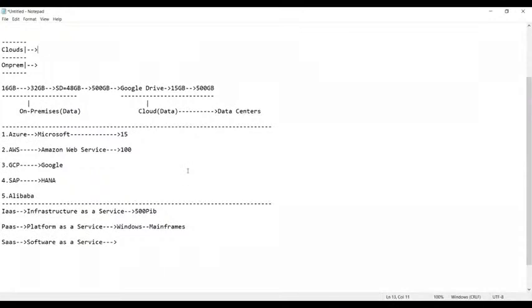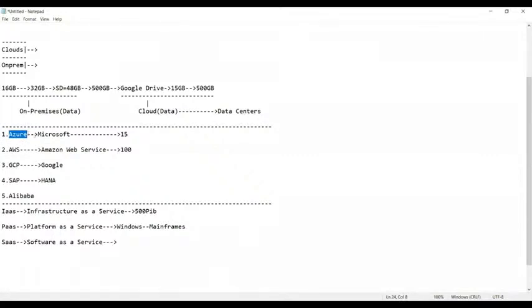So this we can say is the set of all the applications we have. Whenever you require some softwares or some applications to be installed on your PC, that comes under software as a service. That comes under software as a service. Simply we need to inform our cloud provider to install this or to make it available for you. License and everything is the responsibility of Azure only. That is not our responsibility.